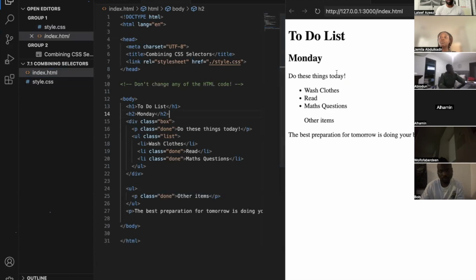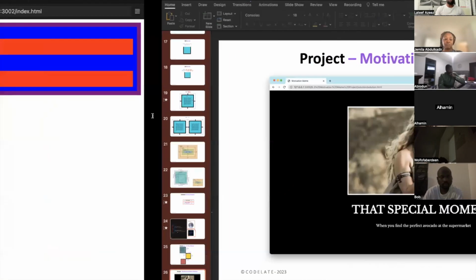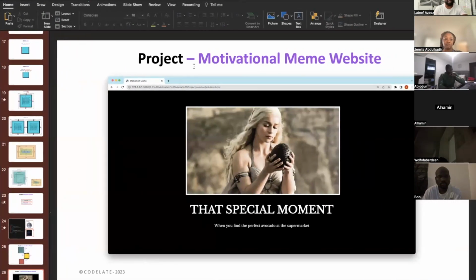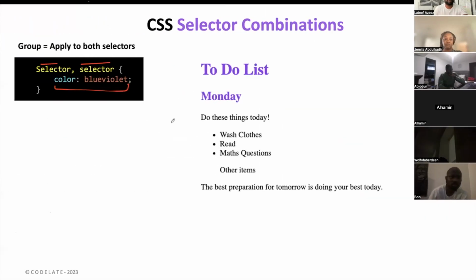So there is a to-do list. On Monday, you want to do these things: wash clothes, read, math questions, other items, and whatever else we have here. So we want to use this content to practice all these combinations. All right. Now, what we want to do in the first one, let me close this one, we don't need it again, is to make sure only this header, to-do list, and the Monday